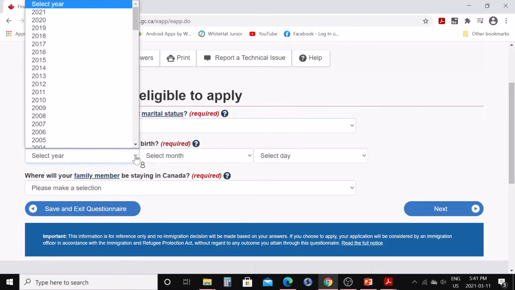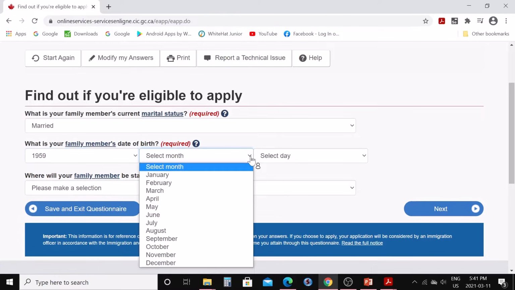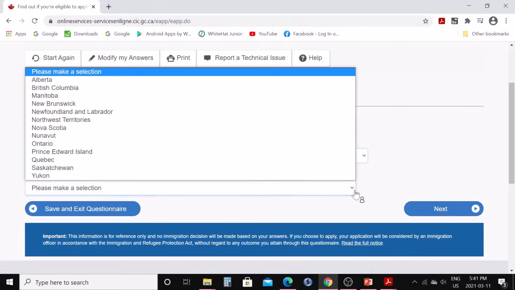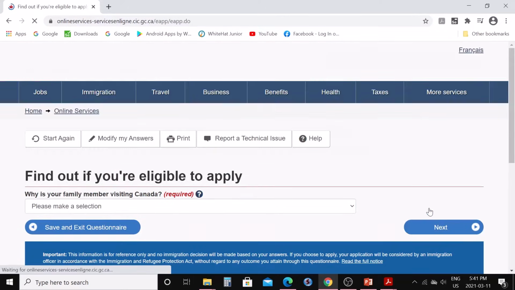What is your family member's date of birth? So you can choose the date of birth here. Again, you can choose the year here. So maybe I will go with 59. Select month. Where will your family member be staying in Canada? So same, Alberta. And next,